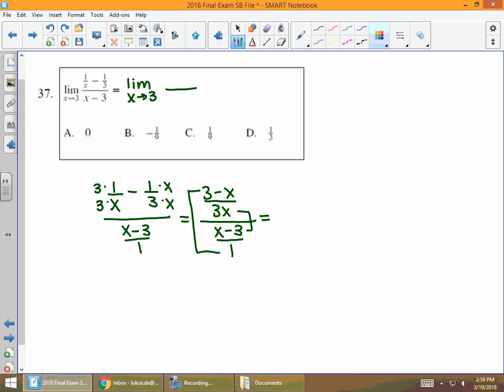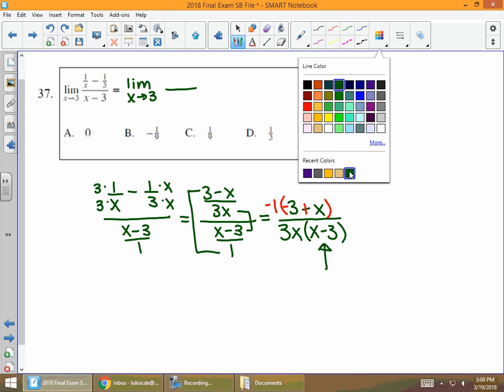So the top of your fraction is 1 times 3 minus x, so just 3 minus x. The bottom of your fraction is 3x times x minus 3. And this x minus 3 was the whole problem. That's the whole reason we couldn't just plug in 3 and go on with life evaluating this limit. But if you look at the top here, it's very similar. Like so similar that if we pulled out a -1 and flipped those signs,